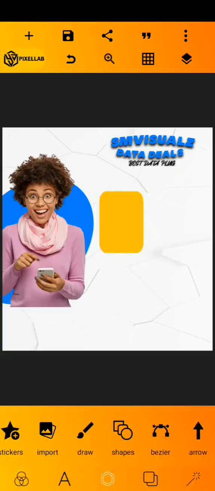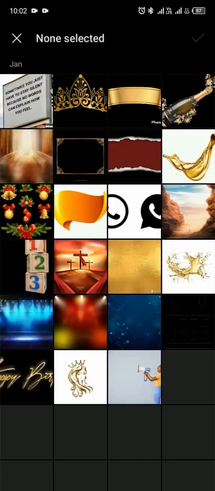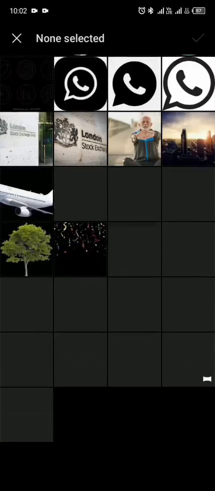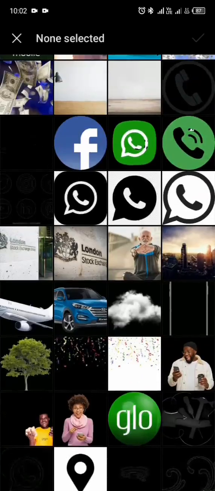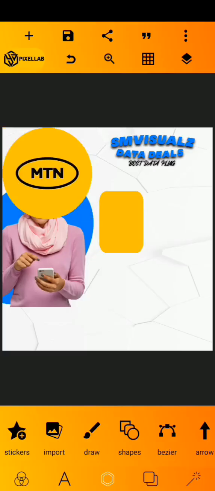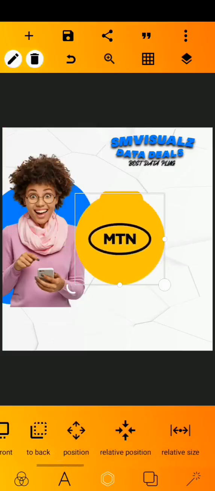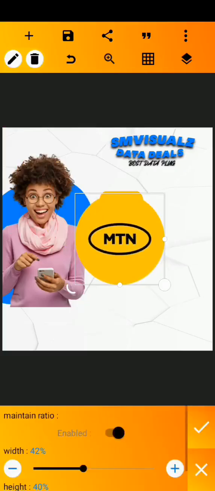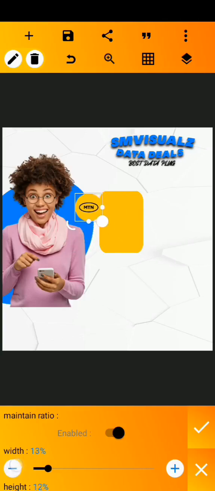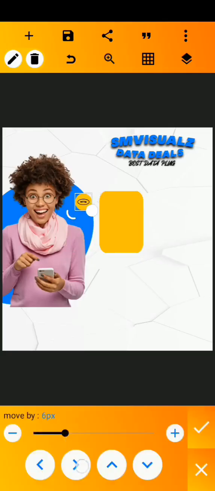After adjusting it, I'm going to click on the plus button at the top left and click on from gallery and put in our MTN icon. So I'll click on the circle to make it circular, then I'll adjust the shape, and after adjusting the shape, I'll resize it to at least 8%. So after resizing, I'll click on the mark button, and I'll click on position to position it on top of